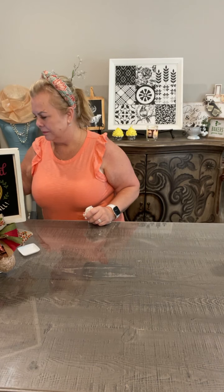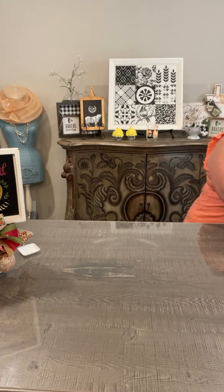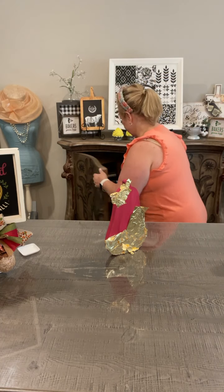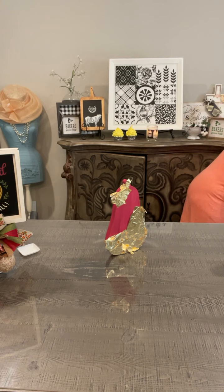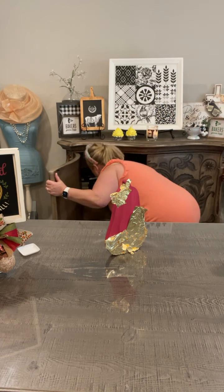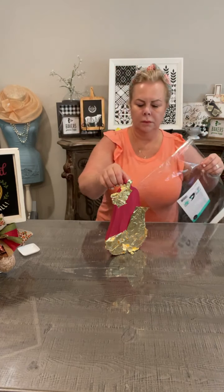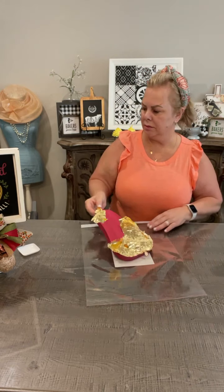All right, let's go back to our other gourd now. All right, any questions on this? Okay, so this should be dried enough. And this is the pot that makes the mess, guys. So let me get a,